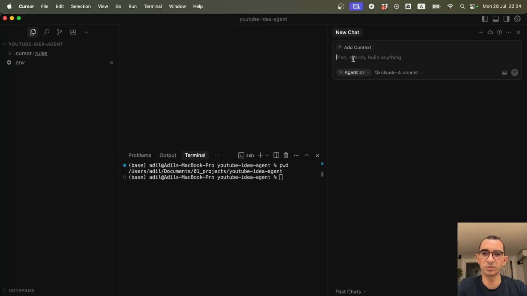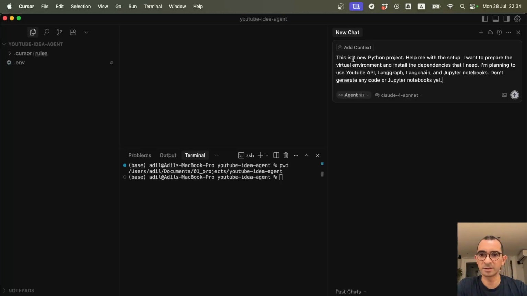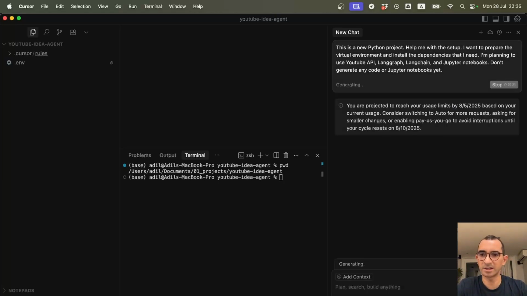So the first thing that I need to do is set up a virtual environment. I will be using UV for generating this environment and also installing the dependencies. So I can do something like, this is a new Python project, help me with the setup. I want to prepare the virtual environment and install the dependencies that I need. I'm planning to use YouTube API, LangGraph, LangChain, and Jupyter Notebooks. And I give this extra requirement, so don't generate any code for the moment or Jupyter Notebook. I just want to set up the virtual environment and the dependencies. And if I click enter,